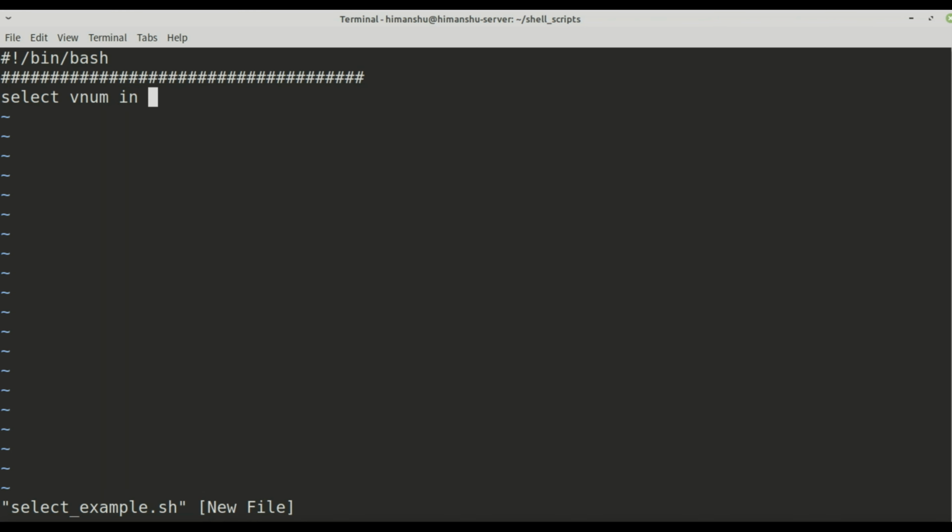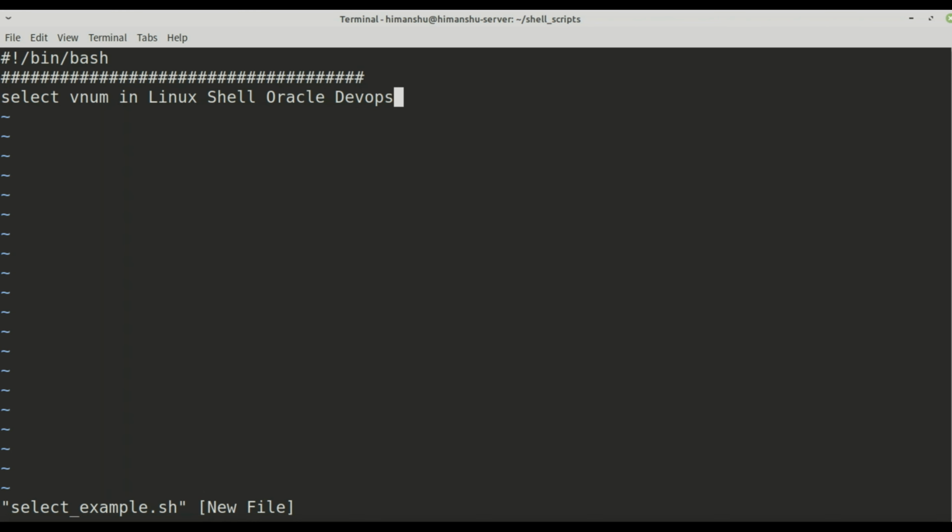Let's say I want to display certain values in the numbered menu: Linux, shell, Oracle, DevOps. The patterns should be separated by space.